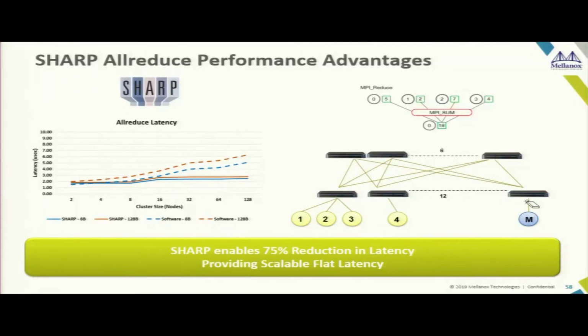Right? How does it happen in a traditional parallel architecture? Well, you'll always have a fabric, a network there. You will always have a master process, which will want to gather everybody's data and do that reduction operation. How will it happen? Well, it will ask for data from server number 1. The data will flow like this, come over here, then it will have to ask for data from server number 2. Well, it will ask for data from everybody in parallel, but it will receive only in serial because there is only one link to that master process. So it will get data from every server, one after the other.